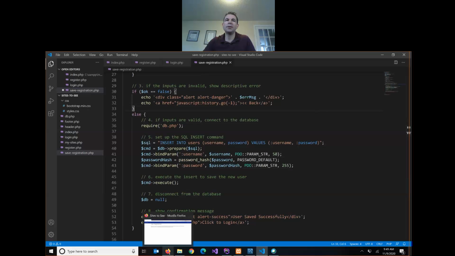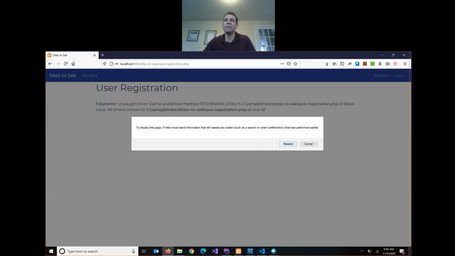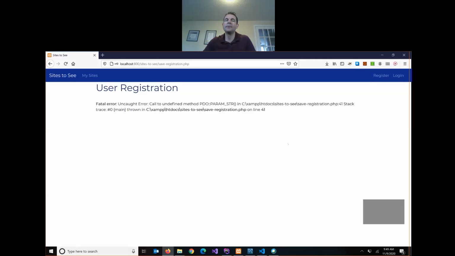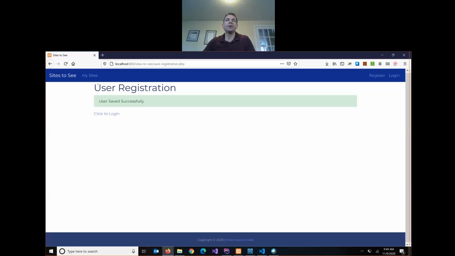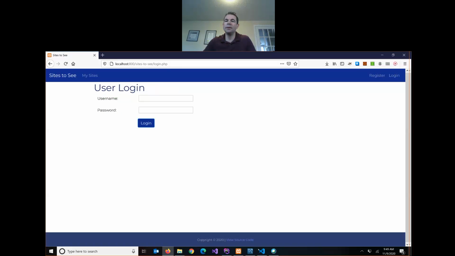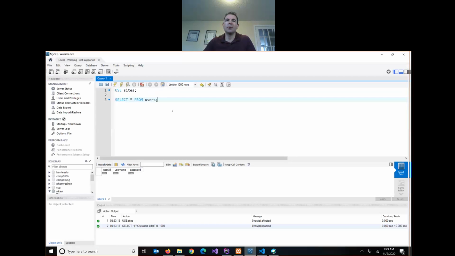So I'll save the change and I'll just resubmit and resend. It says my registration is saved successfully. Gives me a link to my login screen. And now if I go back to MySQL Workbench